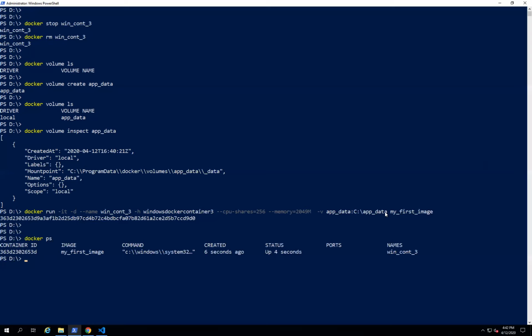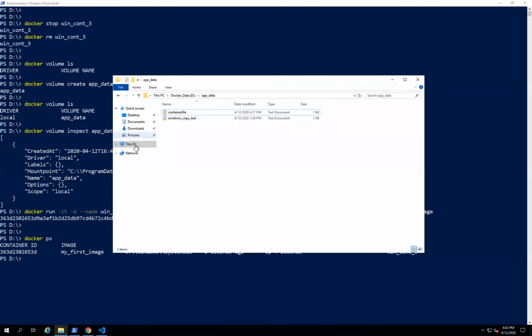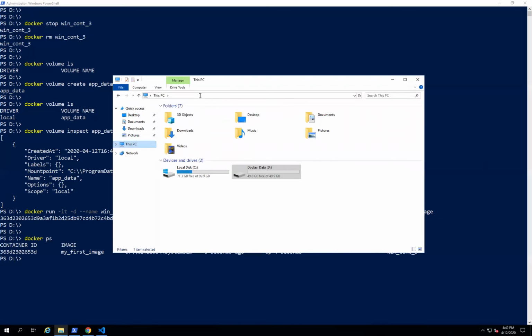Just check whether the container is running or not. Docker ps, and go to this location and then validate at C:\ProgramData\docker\volumes\app_data\_data. And I'm going to that location.